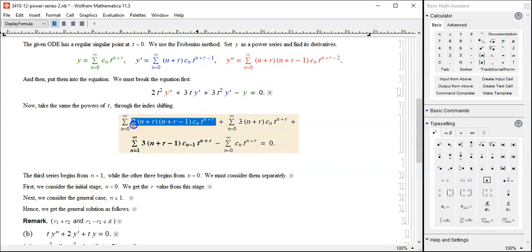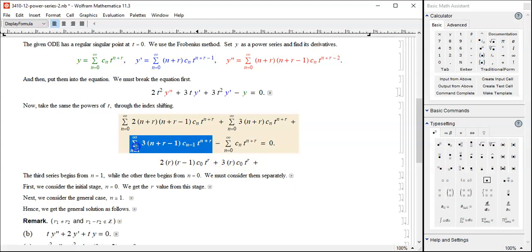Let's plug in n equals 0 here. So 2 times 0 plus r, and then 0 plus r minus 1, and then c0, and t to the r power. Okay, 0 plus r, so r power. And how about this one? Plug in n equals 0, so 3, and then n equals 0, so r, and c0, and t to the r power. And this one does not contribute because I begin from n equals 1, so